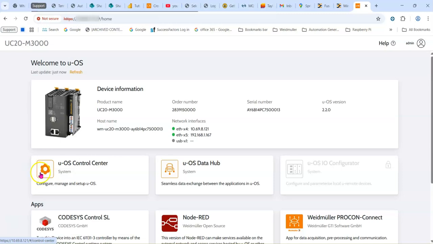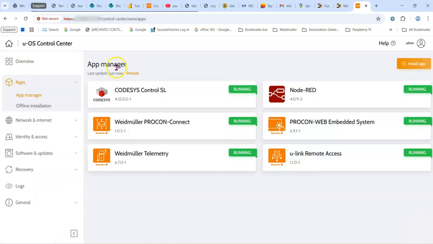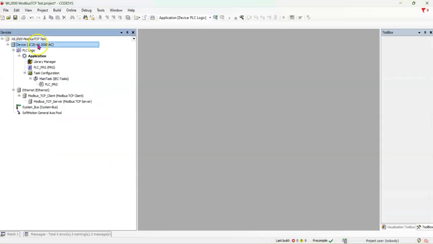So we log in, and then I like to go into the UOS control center, apps, app manager, and the key thing is I just want to make sure Codesys Control SL, which is basically the Codesys runtime that lives on the controller, is working, up and running. Okay, and it is. So if I go back to Codesys now, we can double click in here